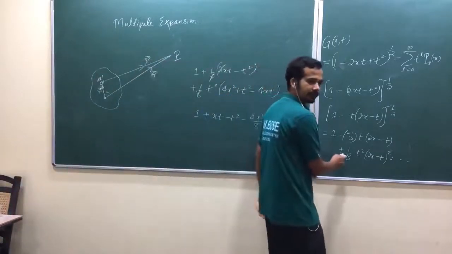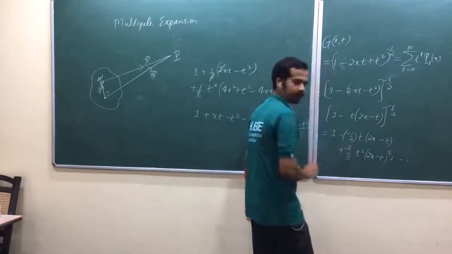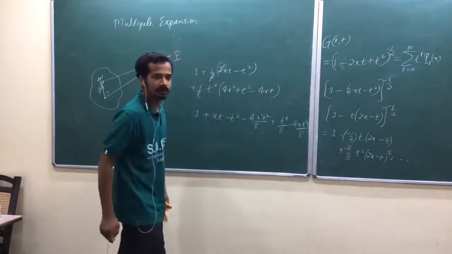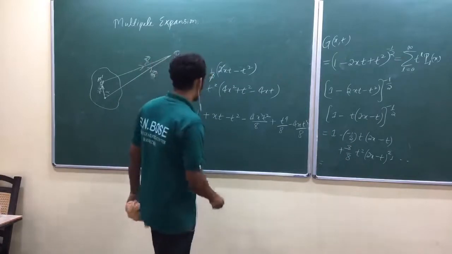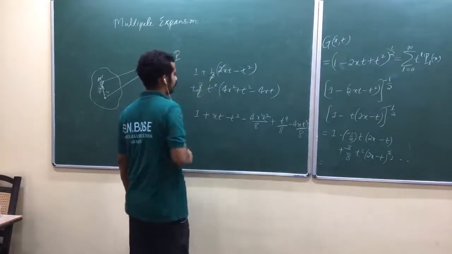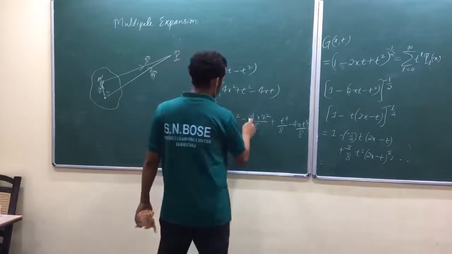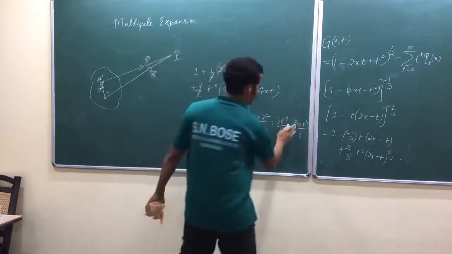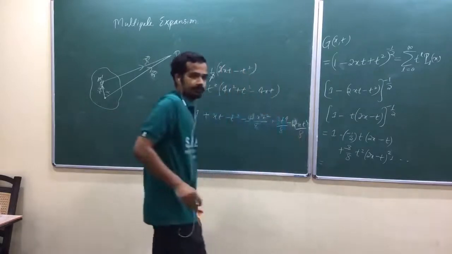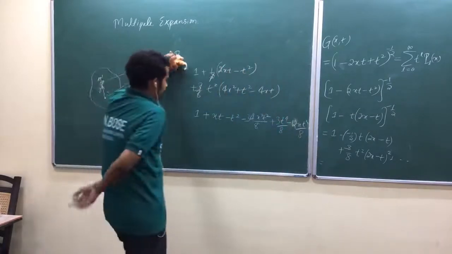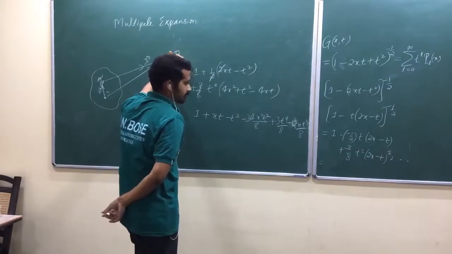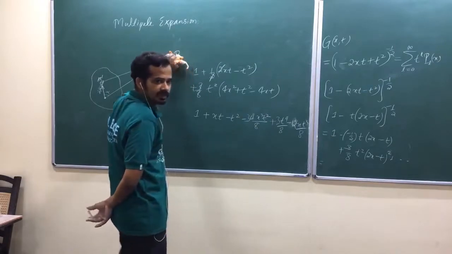Okay, this was 3 by 8. This was 3 by 8. Why is it 3? Okay, that 1 by 2 minus 1. Yeah, that's 3 by 8. Again, this was 3 by 8. Again, I have to put 3 here, 3 here, 3 here. Am I right? 12 here. I think I need next term. I need next term to show that one.